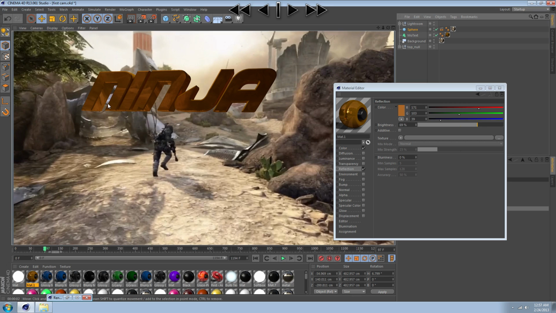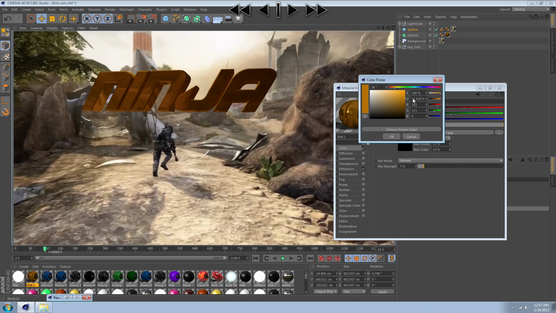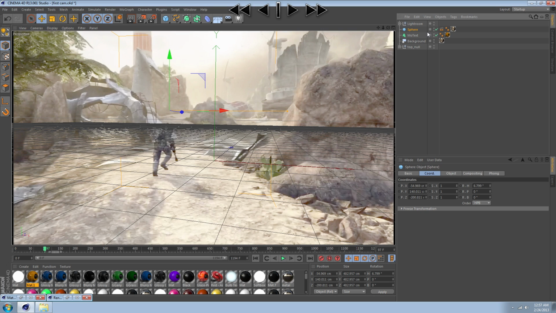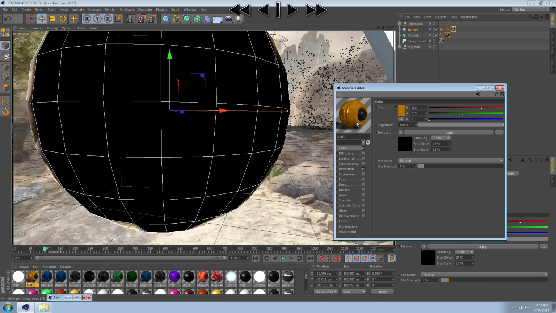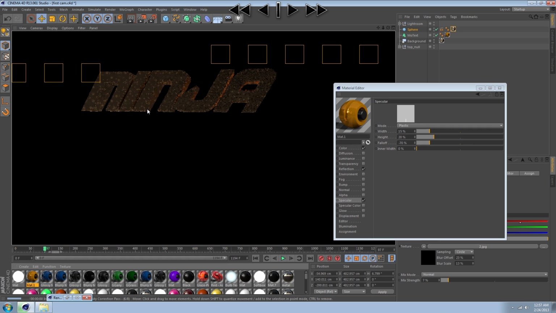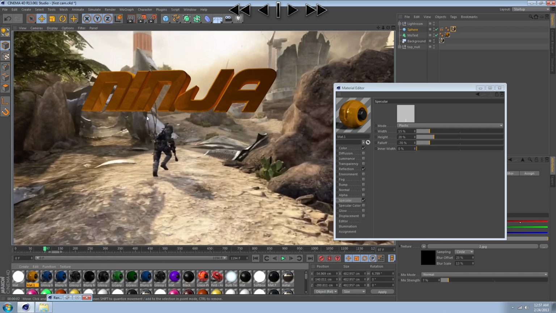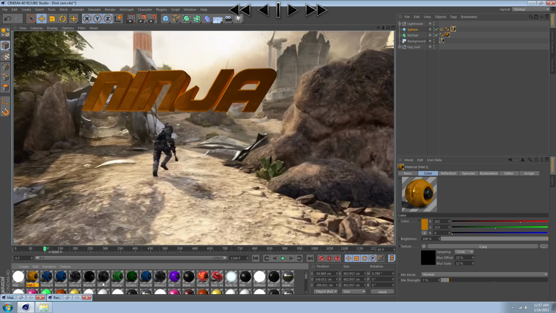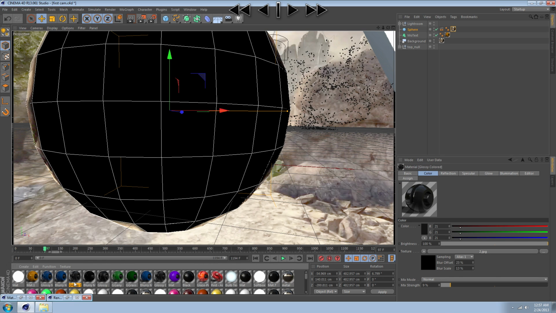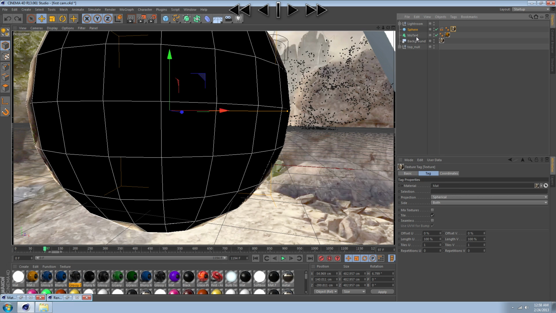That's a really nice dark gold, and actually I'm gonna probably make it a little bit brighter because that's a little bit too dark for me. And let me check that this is all fine, and yep, okay. So then you turn on specular, and whenever you render it out, it should look pretty good. However, it looks really too orange, so I'm gonna put an outline on my text just like I did with my old material, which was really the most basic material you could use. So what I'm gonna do is just add another black, maybe this glossy black material, to my text,